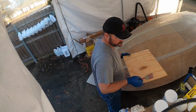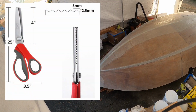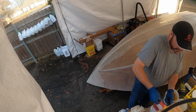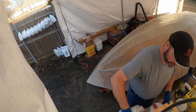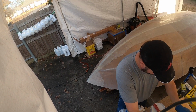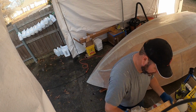So here, those pinking shears are just some stuff I got off of Amazon. You can see, all I did is take the end of that little spreader there and just cut it, and it left what I would call like an 1/8 of an inch trowel spacing. So as I take that stuff and spread it, you can just see that it has little ridges in it, and it should make it easy to sand off,